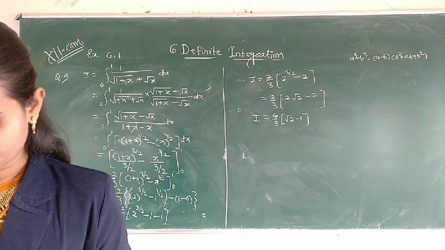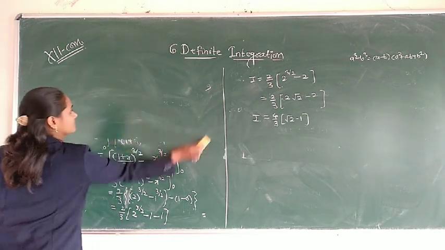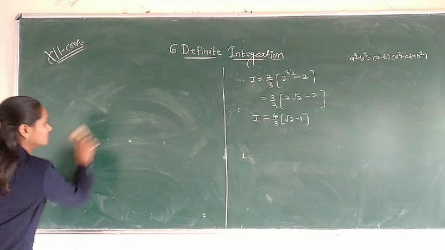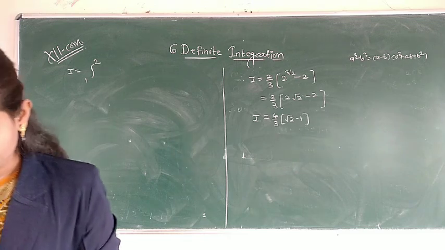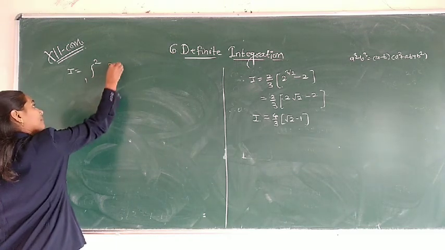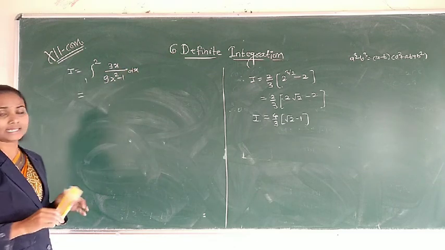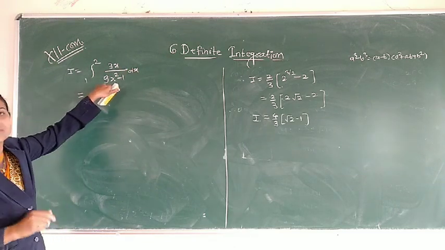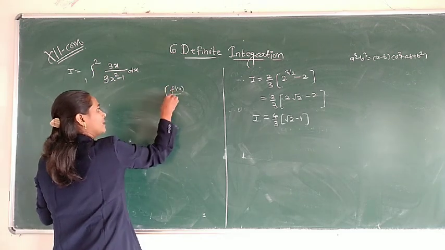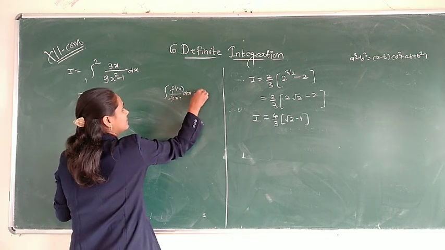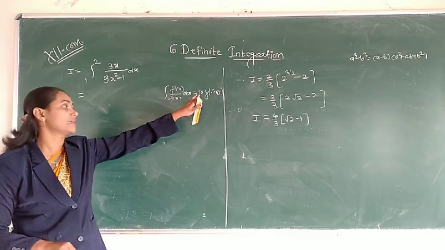Now the next question, question number 10, integration 1 to 2, R is equal to integration 1 to 2, 3x upon 9x square minus 1 into dx. See, which is again very easy question. See, the derivative of 9x square which is 18x, and in numerator we know the formula for integration f dash divided by f of x dx is equal to what? That is log of mod f of x. If the derivative of function is in numerator, then we take the answer as a log of function.